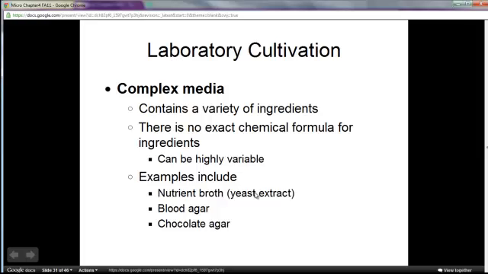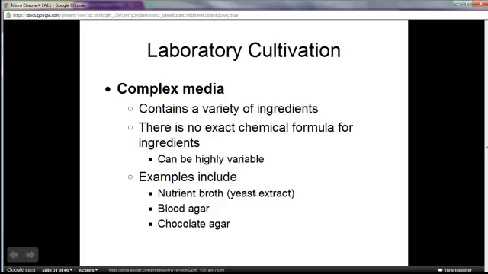So now let's move on to what types of media are out there. Something that obviously is very important. Again, we're going to use different media types based upon what our needs are, what types of organisms we want to grow, what are the optimal requirements of those organisms. So let's talk about some of these different media types and some applications of when they may or may not